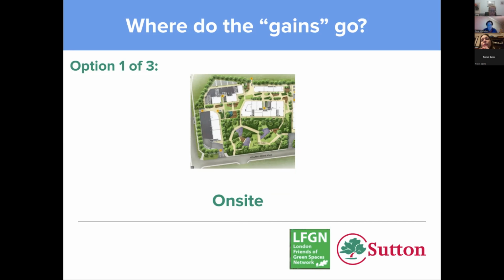But in some cases, it might not be ideal. And in some cases, it could be actually quite onerous. So in certain situations, it might not be suitable. And this sort of situation might be of interest to people on the call who comment on planning applications. So, from the 12th of February, every major development has to consider biodiversity net gain and